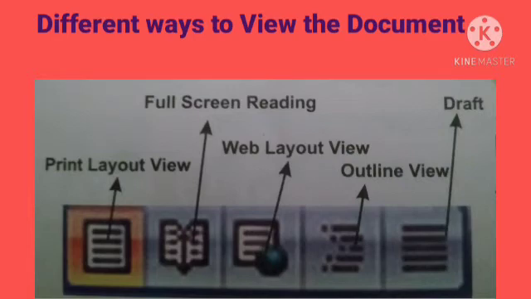Outline view. Using outline view, you can view the document as an outline and show the outlining tools. This is useful if you are moving sections of your document or creating an outline. Draft view. Use draft view to view the document as a draft to enable you to quickly add the text. Certain elements of the document such as headers and footers will not be visible in this view.